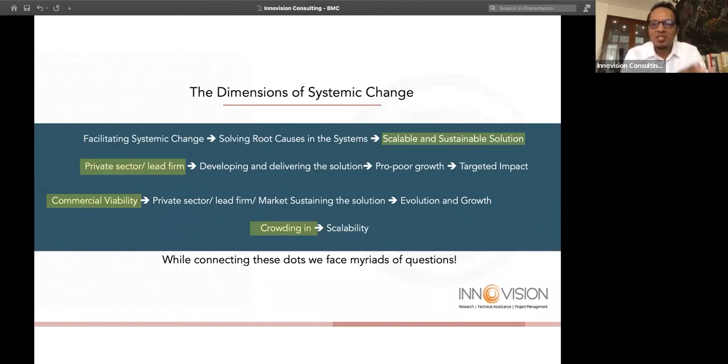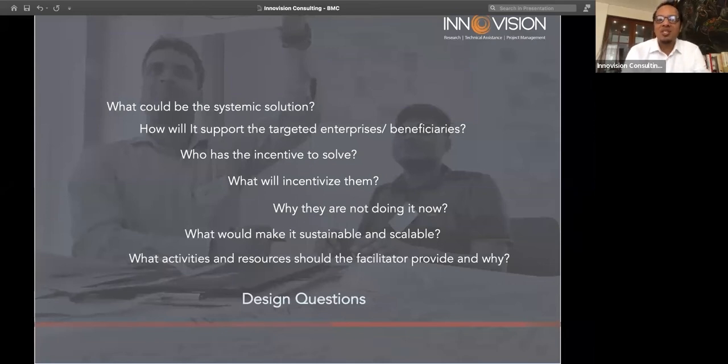Now, when we sit on the design board after we have undertaken our market systems analysis and identified the systemic constraints that we want to address, and we try to connect all these dots, we face a myriad of questions. We ask ourselves, what could be the potential systemic solution? We try to answer the question of how the solution is going to affect or impact the targeted enterprises and beneficiaries. We also ask who has the incentive to solve and what will incentivize them to solve. And that actually leads us to identification of the potential partners who we then bring in as the lead firms and private sector interested and investing in the solution that we're trying to